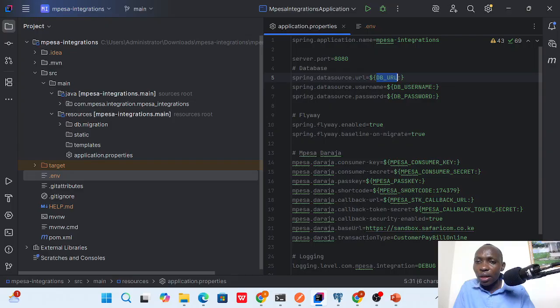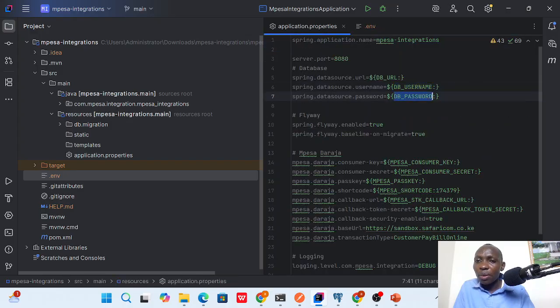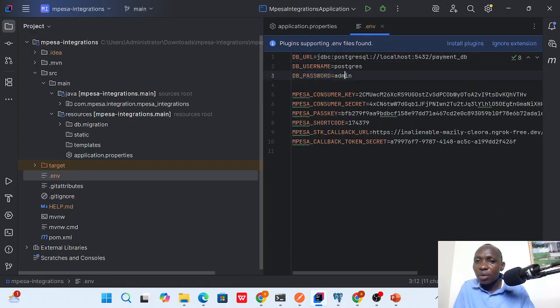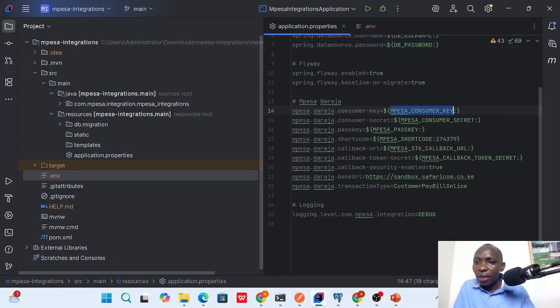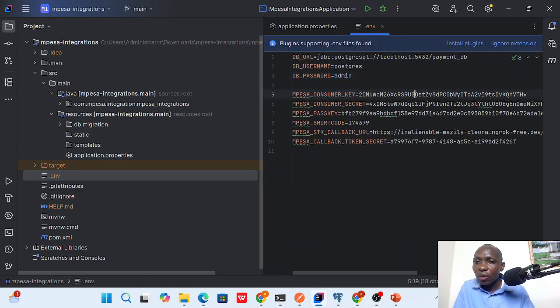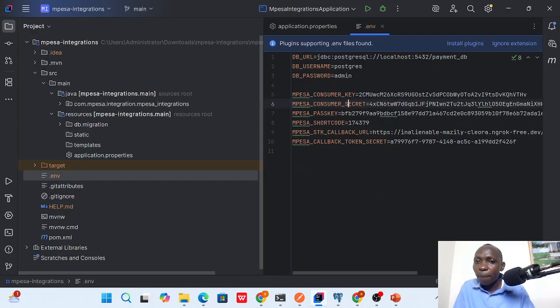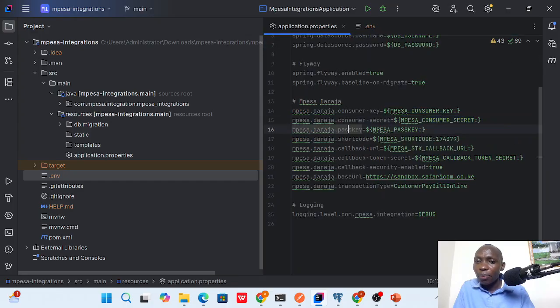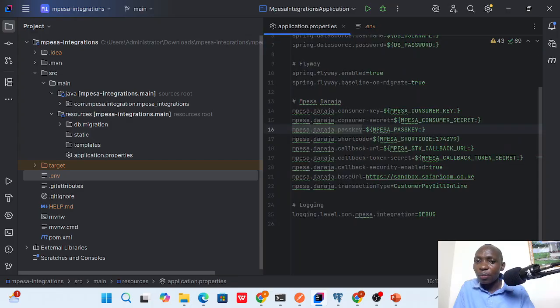You also need a DB username. The username of your DB, in my case, is Postgres. The DB password, in my case, is admin. You also need the M-Pesa consumer key variable, the M-Pesa consumer secret here. You need the passkey, I have it here. Short code,